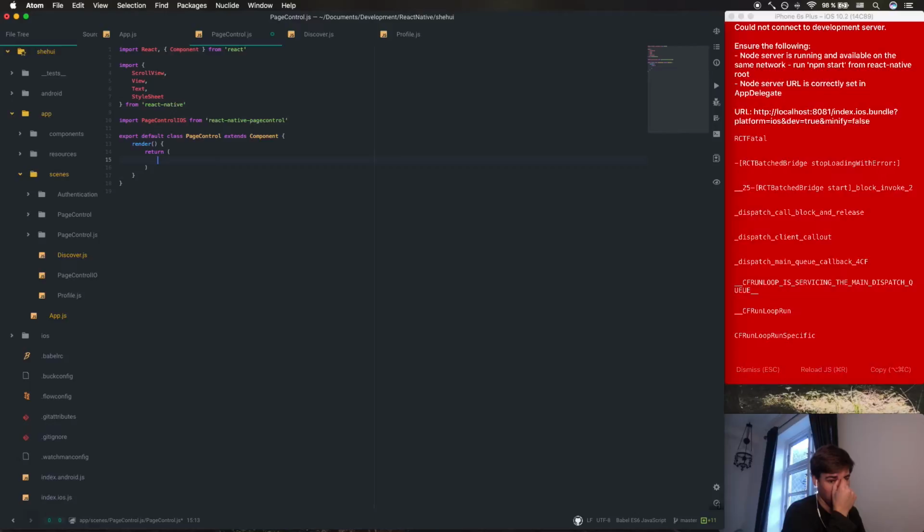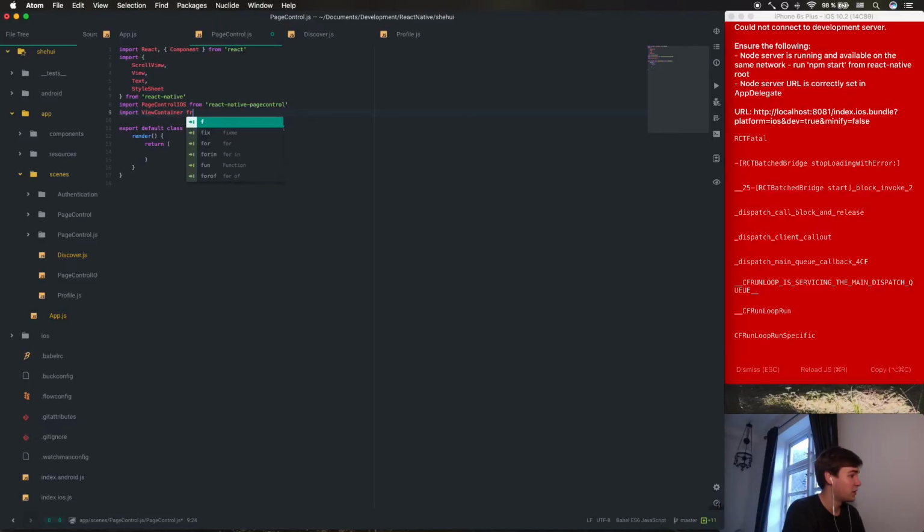So looking at the documentation, I think I'm going to import our view container actually and keep everything in there just so that we have the consistent styling on that stuff. What are we in now? We're inside, so I made